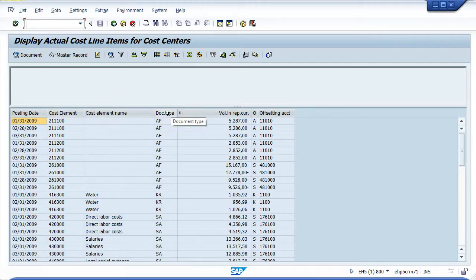For an example, because this column for document type is only 2 characters, the column has minimized down to a size that only shows a column header of doc type. But as we mouse over it, we see the full description, which is document type. Next, we see a value in reporting currency, and that happens to match the data that we are expecting to see. So this gives you a general idea as to what's happening in terms of